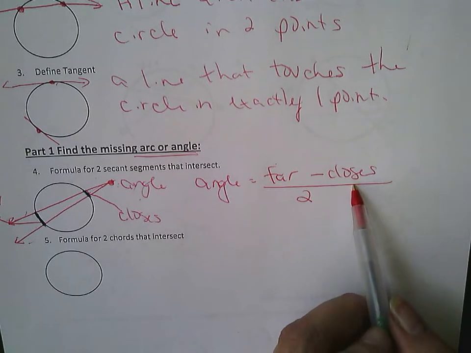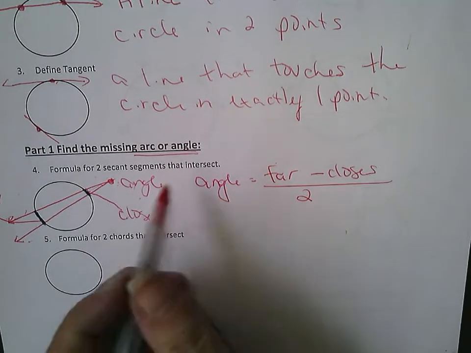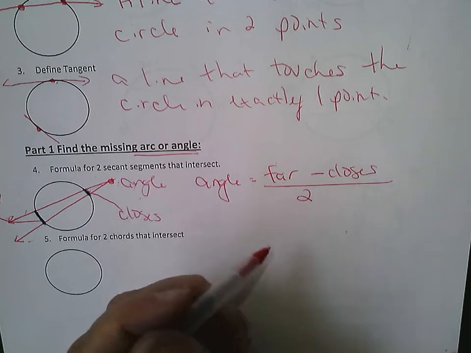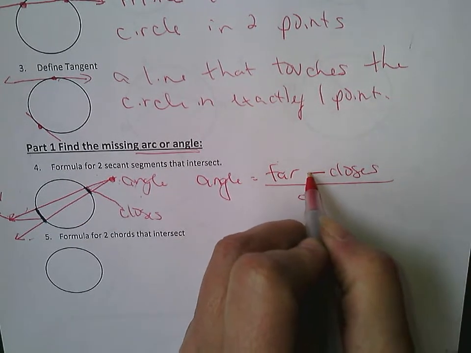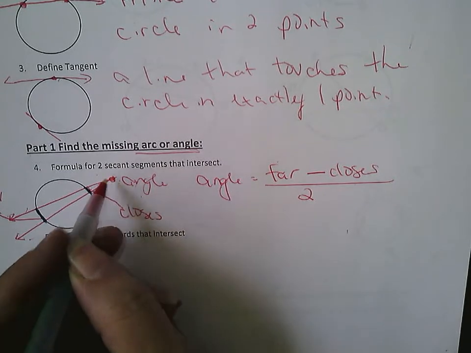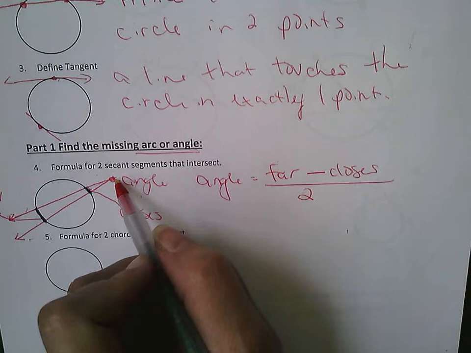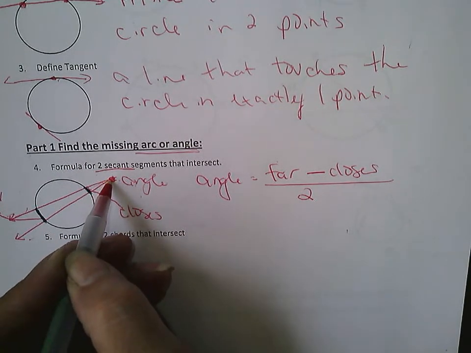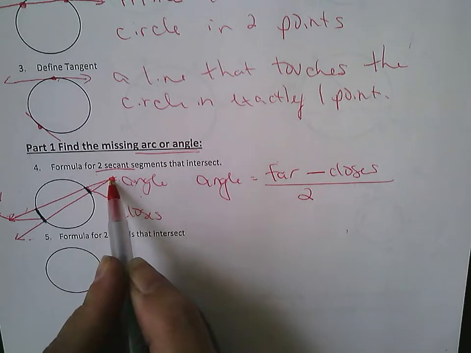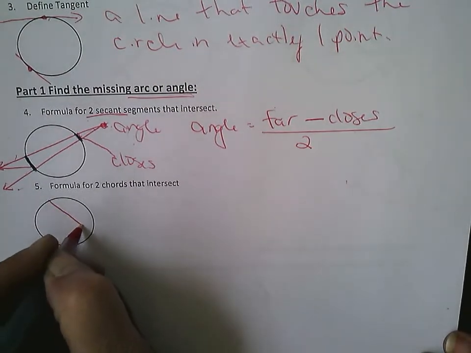We can figure out going back and forth. Maybe we want the one that's closest. We use the same formula. If we want the one far away, it's the same thing. We use this formula to figure out which one is which. Now we have our subtraction sign, and we need to associate it with the vertex of our angle, which is outside of our circle. You can associate it with two secants whose vertex is outside of our circle. If we have two chords,